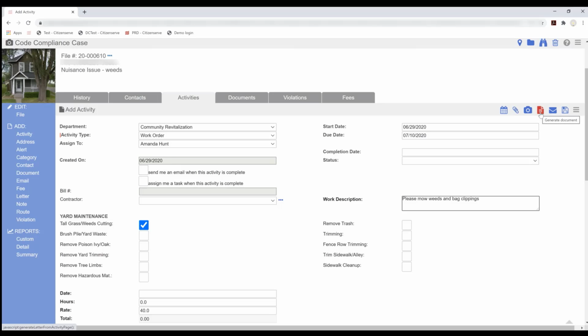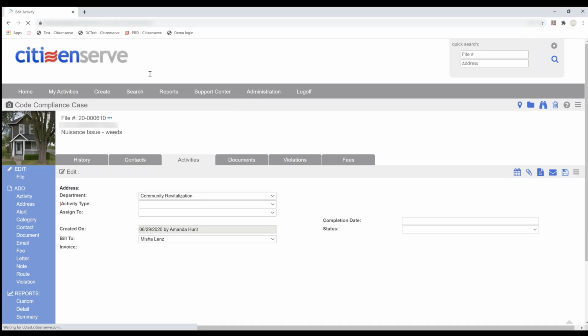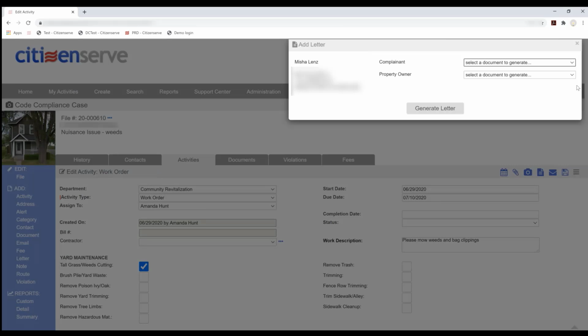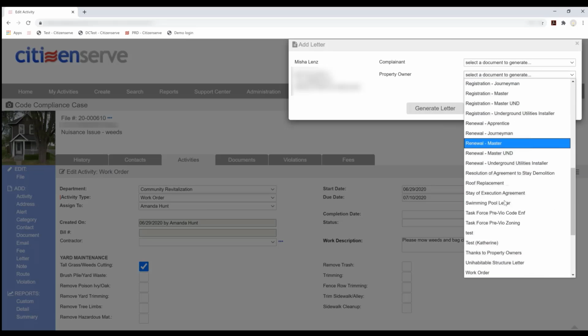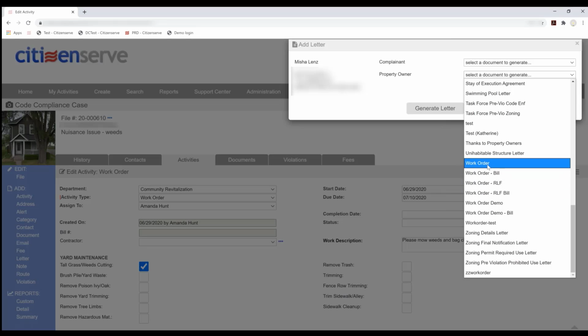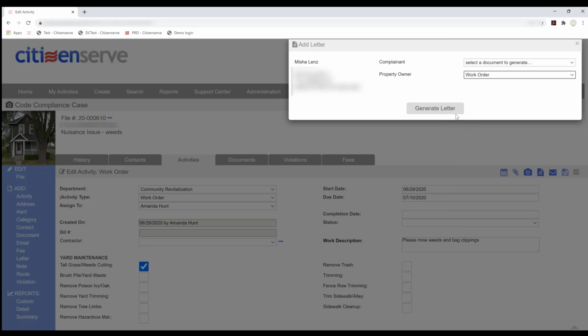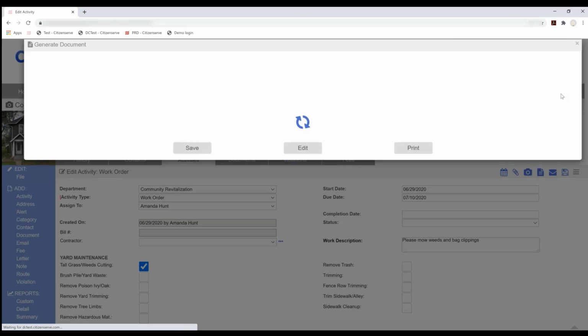So we, again, are going to use our letter generator. And in fact, maybe I'll save this activity. You notice we've got these activities on the top right that do the work, but we also have them in the blue bar on the left. And while this completes, here we go. Now our letter generator has popped up. So we are able to select a work order, and this is going to be for our contractor. So when we generate this,